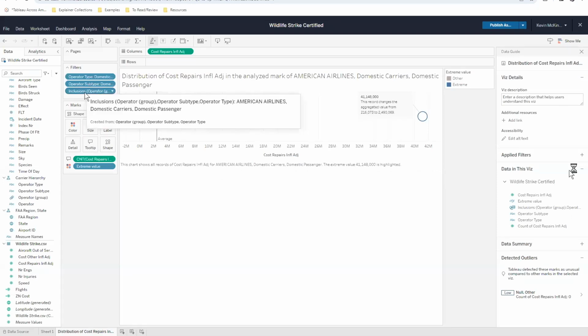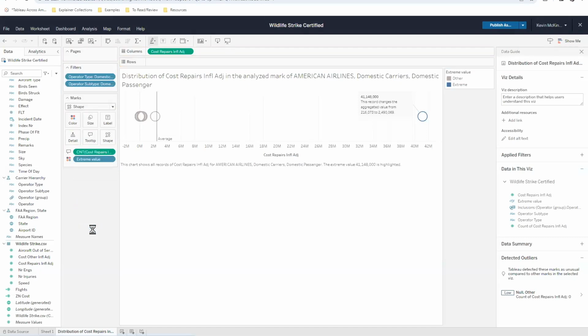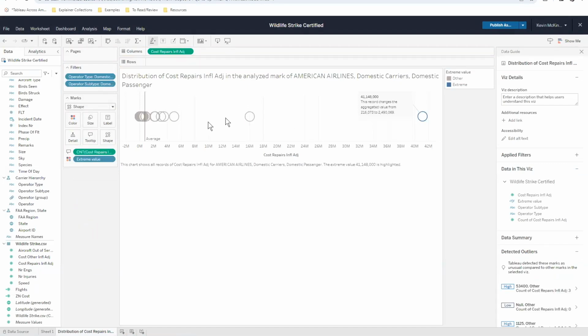If I look here, this is a filter that indicates that we're just looking at American Airlines, domestic carriers, and domestic passengers. If I pull this filter off, I now have all of my airlines, including American, and we can see that there is another outlier. But there were some other contributing characteristics that I want to consider.